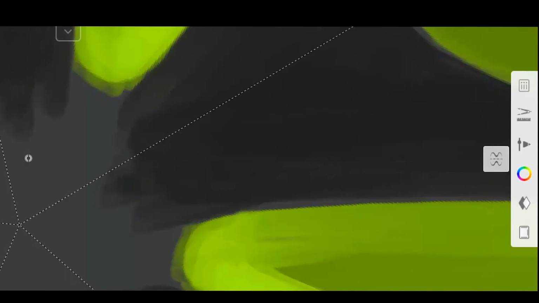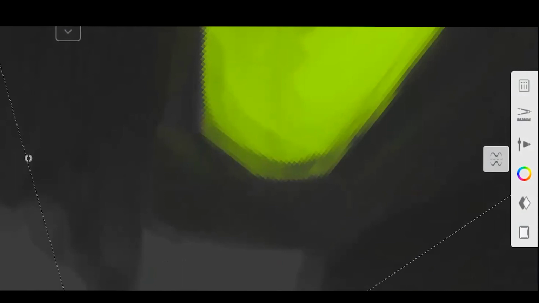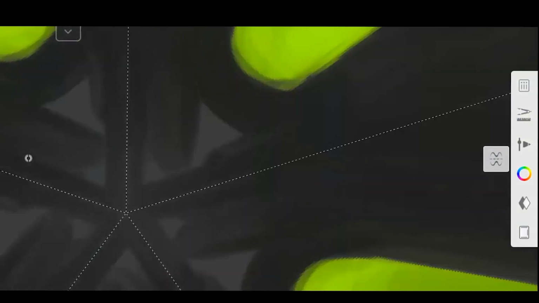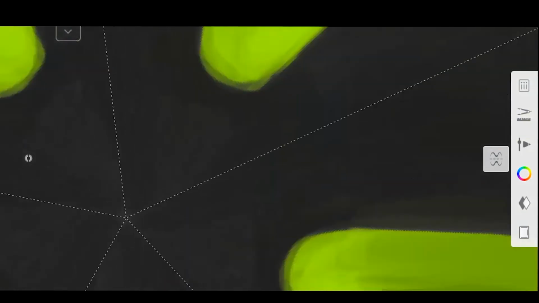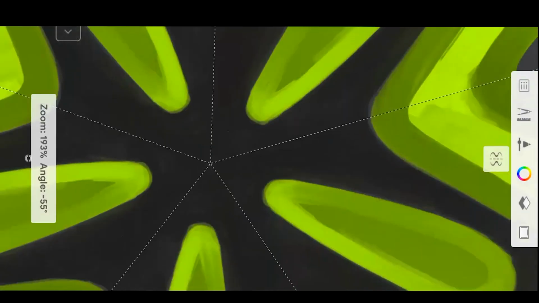And sometimes what happens is when we use the stroke very close to another color, then that color also blends in with that. So we can simply undo that. As you can see, when I'm stroking here beside the green, the green also mixes with that. So to avoid that, we can undo and do that thing again. So now the basic thing is ready. Now only the exterior part is remaining.